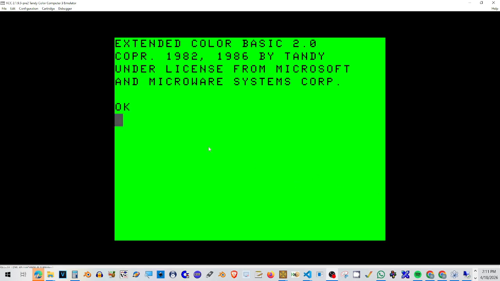All right, what we're looking at here is the CoCo 3 emulator. I'm running it using VCC. And when I posted my announcement for the VecDraw program, someone commented if I can make it work with the CoCo 3. At the time, I didn't know much about it, but like today, I decided to download the emulator